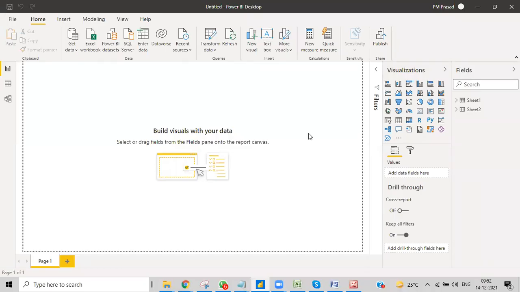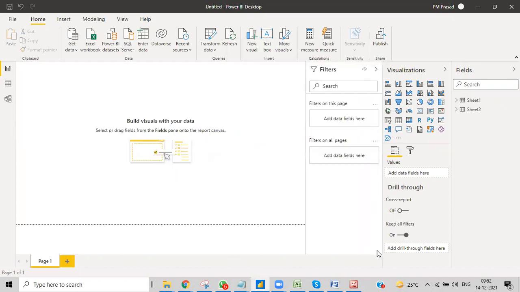Okay, today in this session, I will teach you about the filter options that are there in Power BI Desktop. The whole part is about how we do it, what we do, what options we have, and what the options are for different data types. These are the things we learn and then practice.